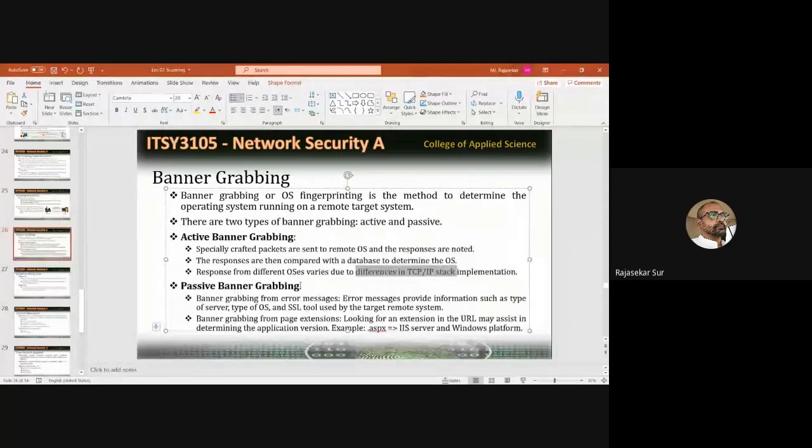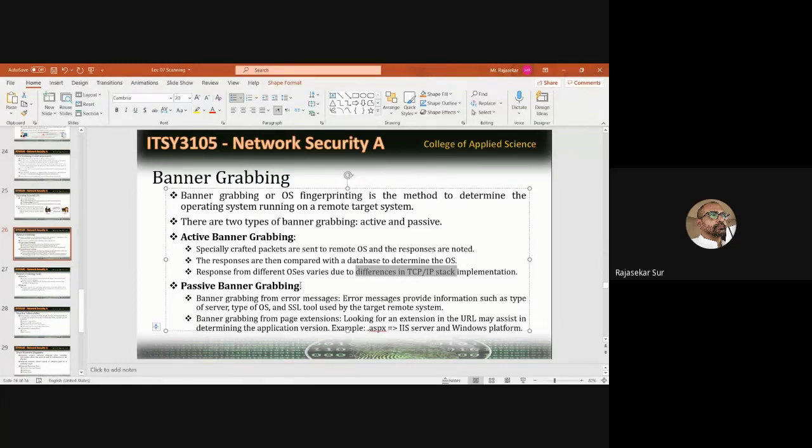Go to www.bankmuscat.com. If you go to bankmuscat.com, you will find the SSL certificate, the digital certificate. If you check the certificate, you can find what operating system they are using, what the web server is that they are using. All this information you will get.